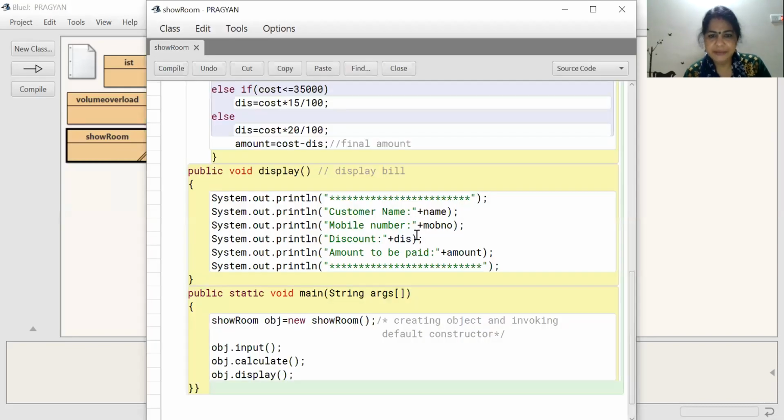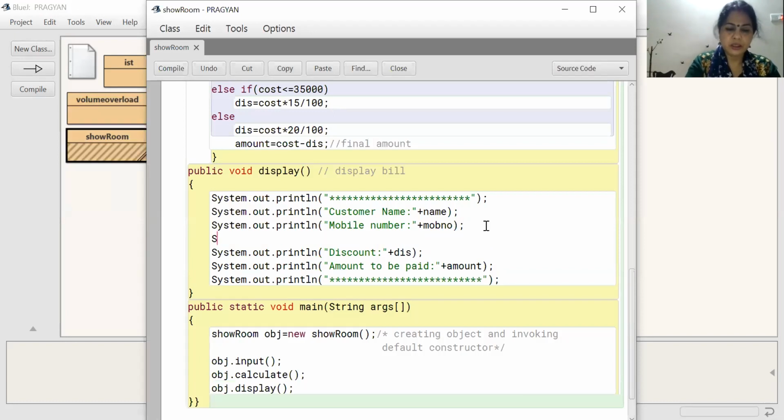So here after the customer, we can add System.out.println. I can write the cost also, cost of item. Cost also you can show in your bill.